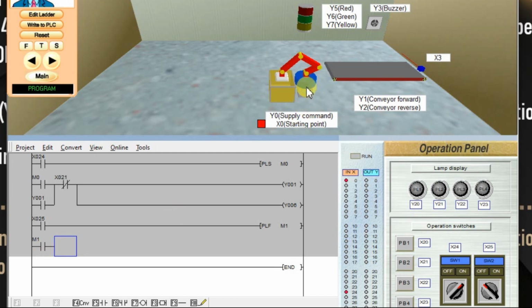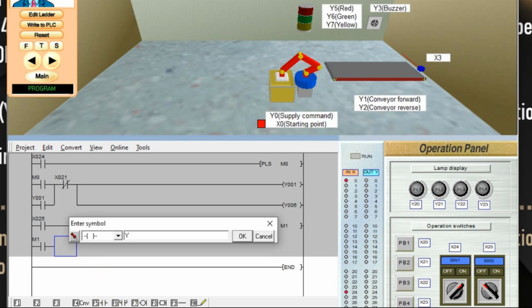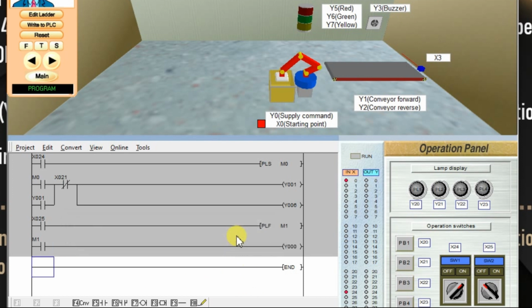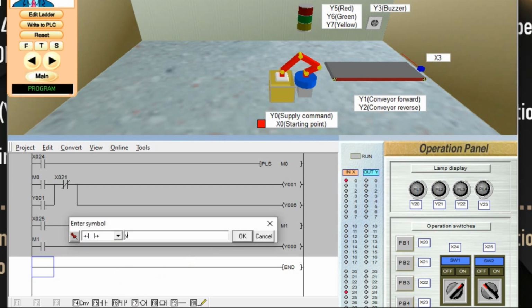What is the robot supply command? Y0. So take output, enter Y0, click OK. Now we have to latch the Y0 because this M1 is a very small duration pulse. It is not sufficient to drive the robot command. So take latch and provide Y0.